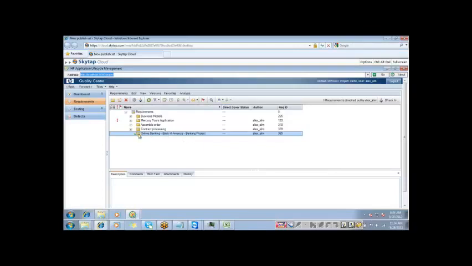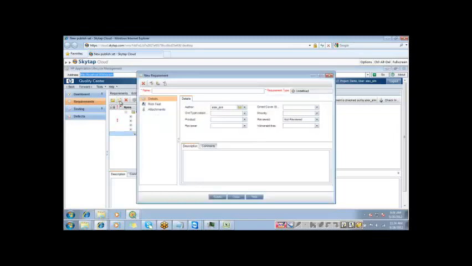Now in this folder we will start adding the list of requirements. Do you see there is a next button over here which is called new requirement. Okay. So currently it is checked out. Checkout is for the version control. It means that if I check out, I'm modifying this document. So I select this online banking folder and then I click on this new requirement.